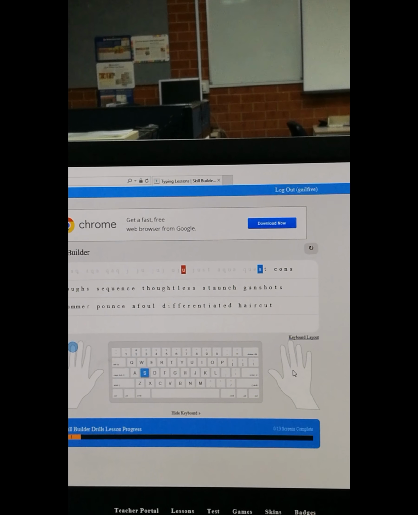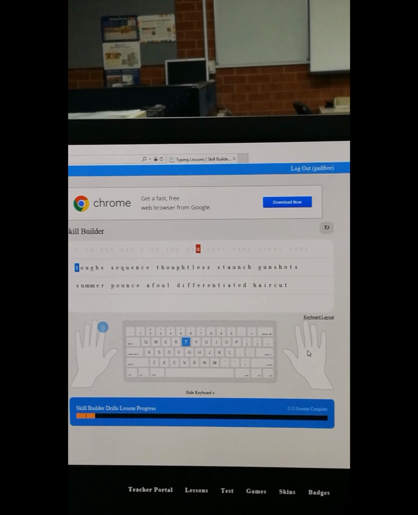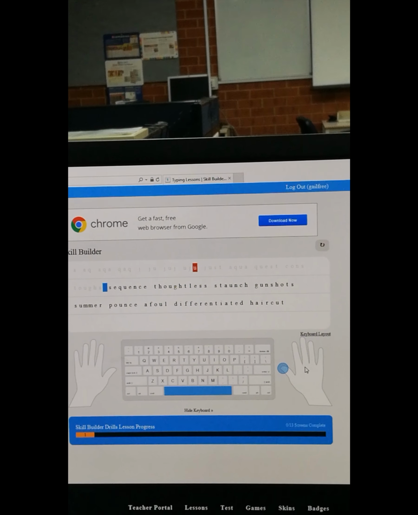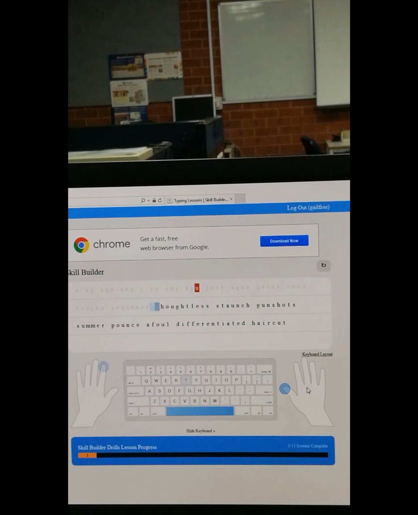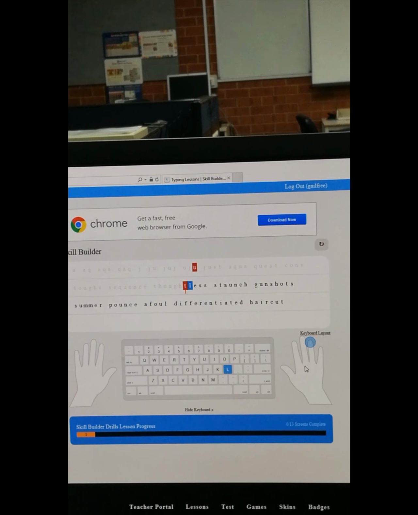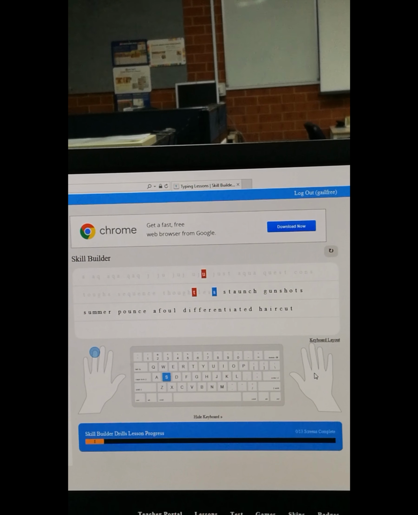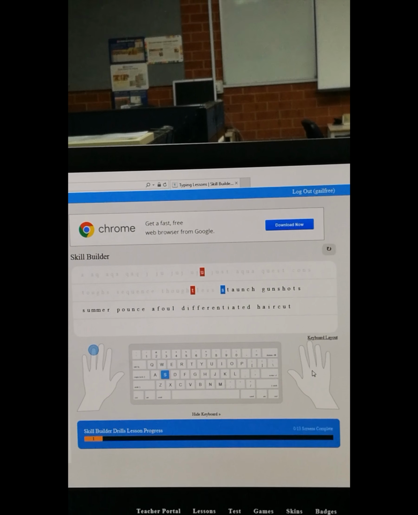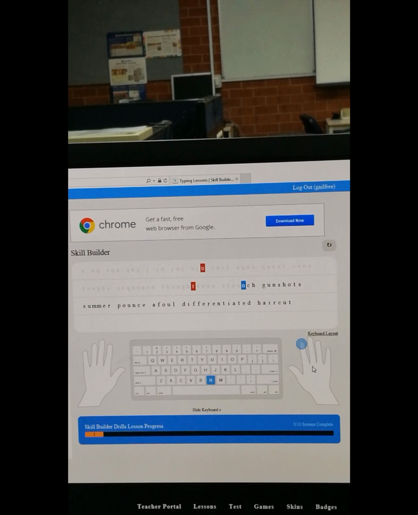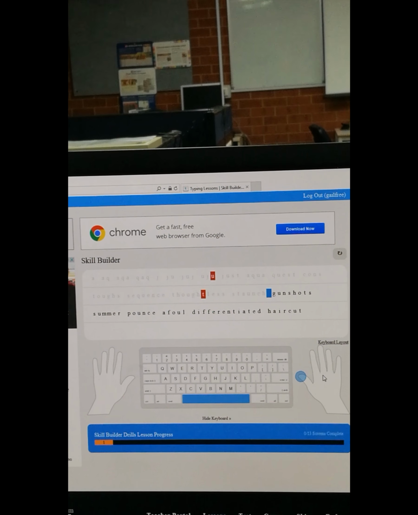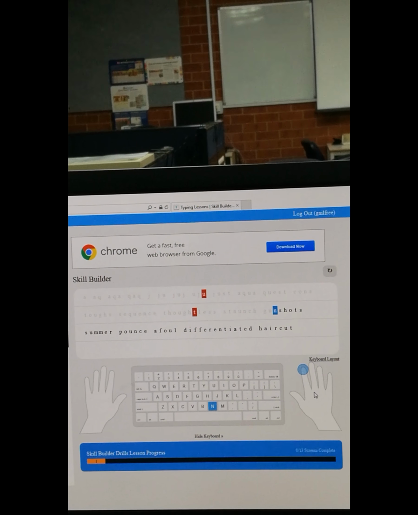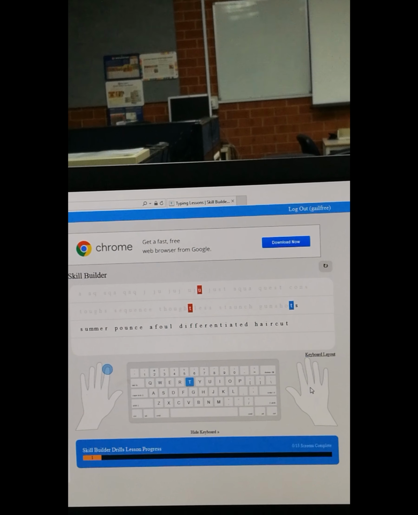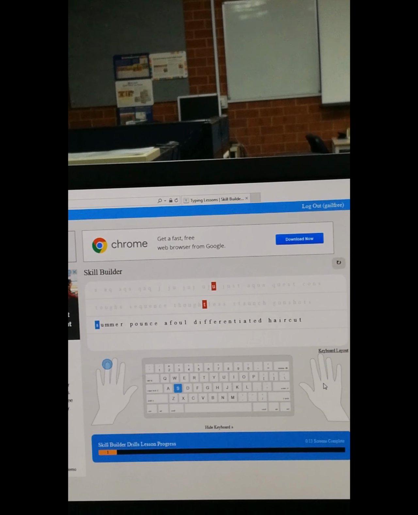It is best to go slow and with a rhythm. The other thing that students have told me that benefits them is they don't read the word thoughtless, because then they make a mistake. They read S-T-A-U-N-C-H space, G-U-N-S-H-O-T-S space,